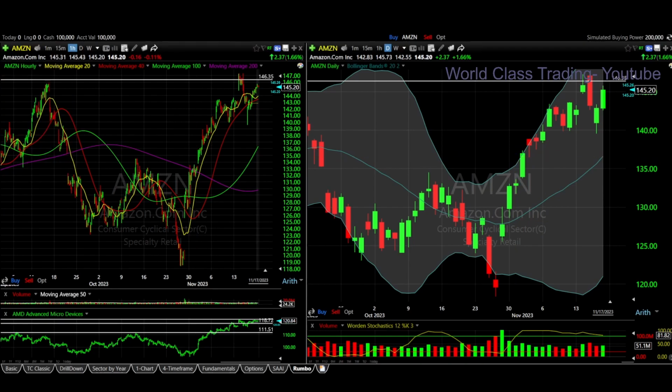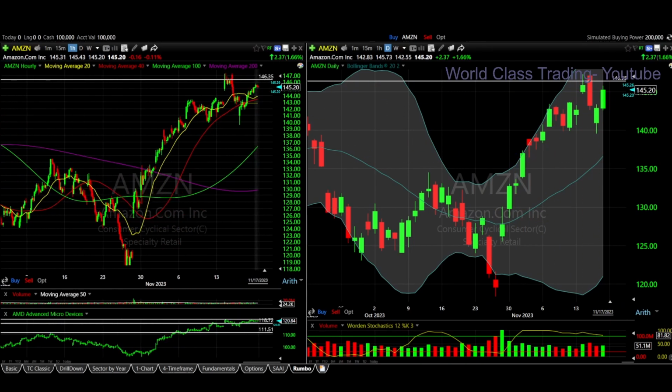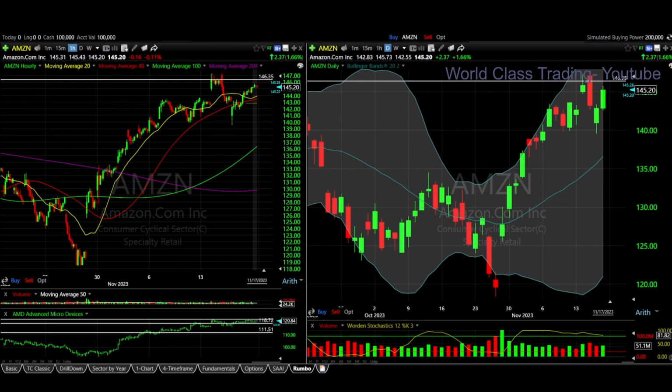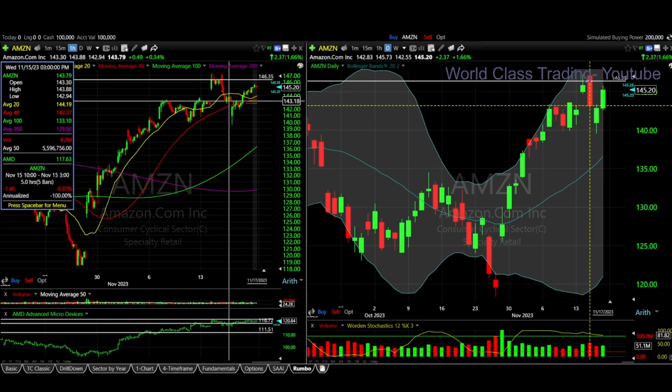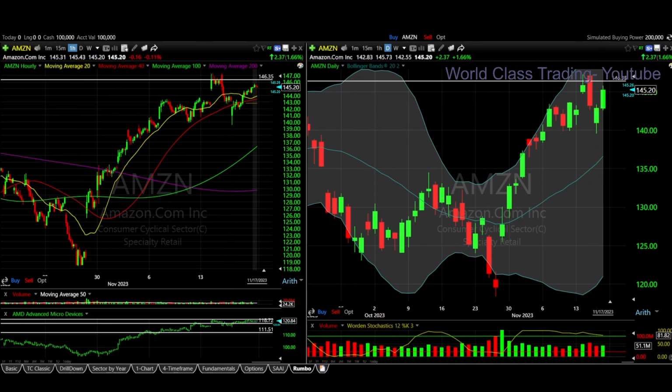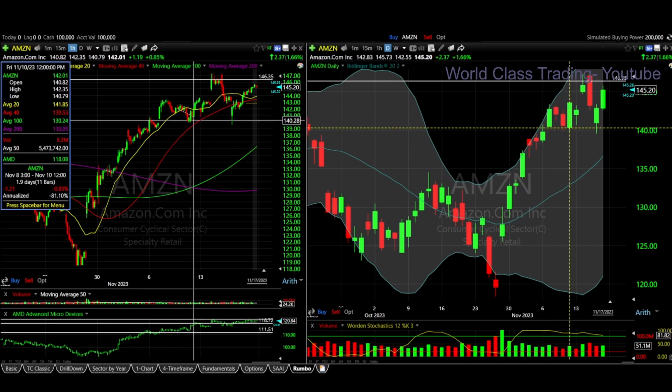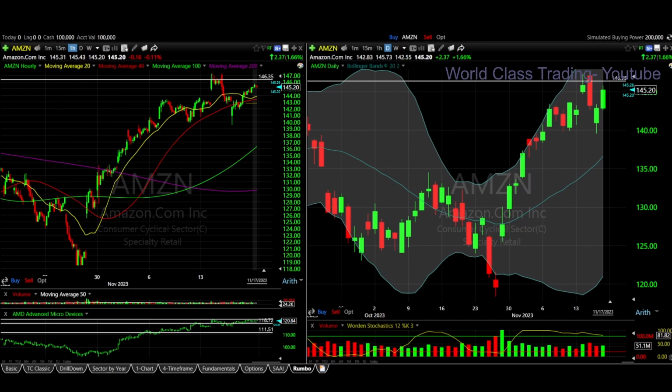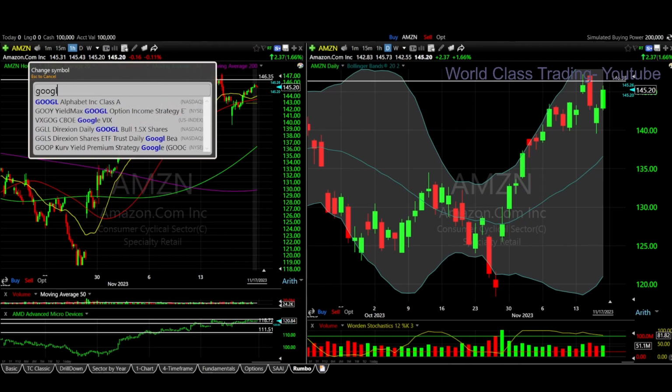The stock was above them in all three cases. Explosion upwards. As you can see, though, the Amazon actually broke the moving average of 20 and see where it went to the moving average of 40. Broke the moving average 20 again right here too, and it went to the moving average of 40. So as long as it maintains itself over the moving average of 20, we are good, and Amazon is going to keep increasing. All right, now with Google,